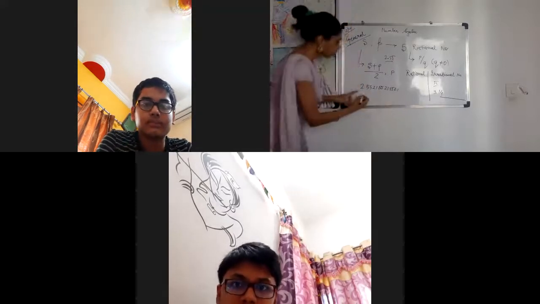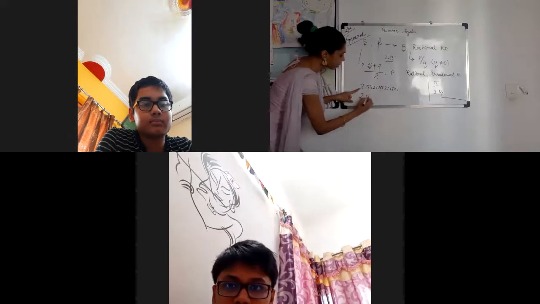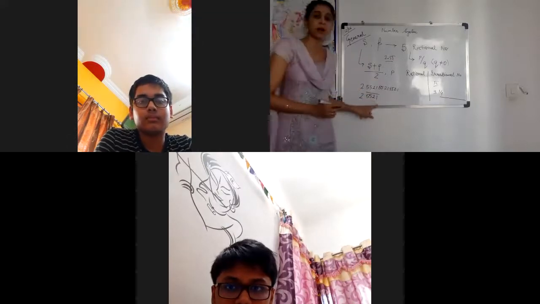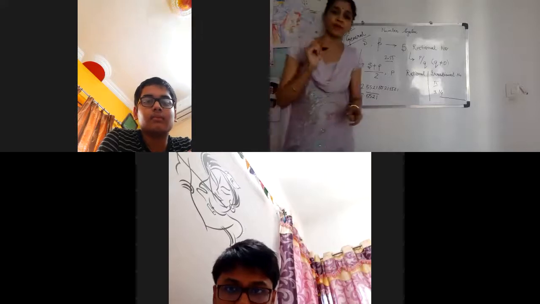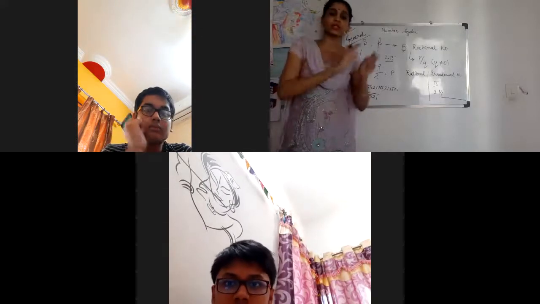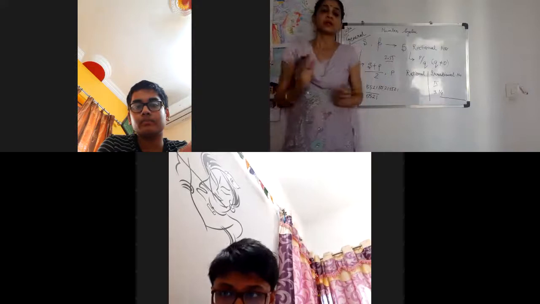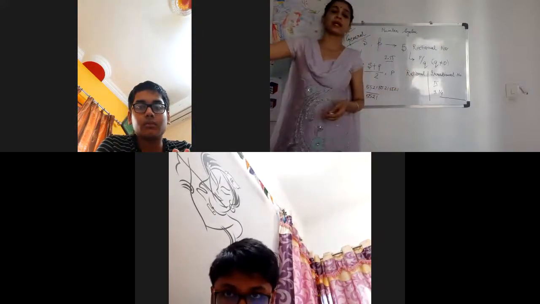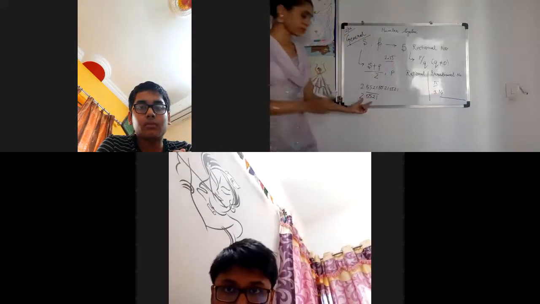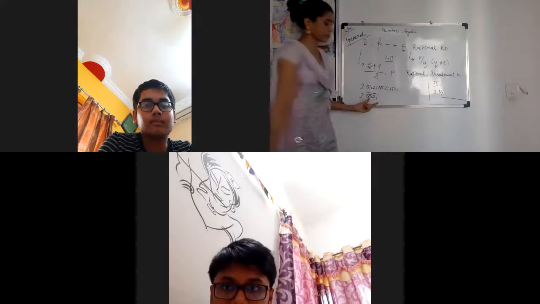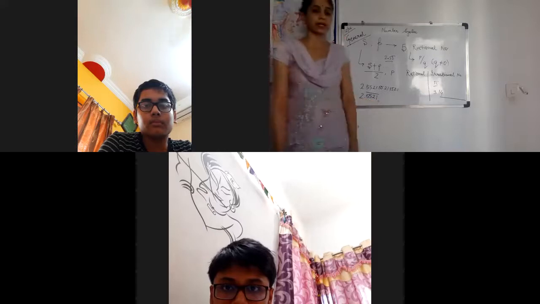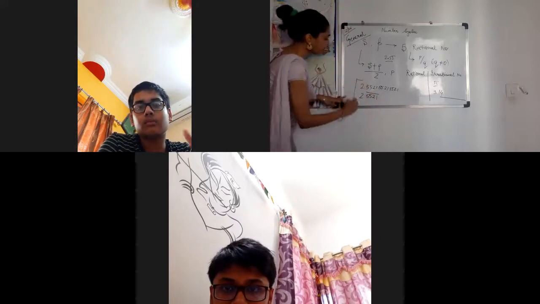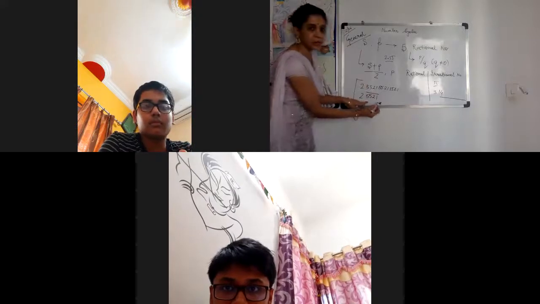Yes, ma'am. So this same thing can be written as 5521 bar. And this bar represents that 5521 is the group of digits which keeps repeating up to infinite times. And then you can put triple dots to show that it is non-terminating but repeating. So this is the example of non-terminating.